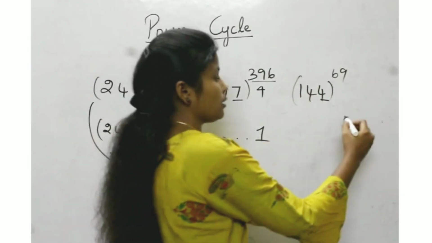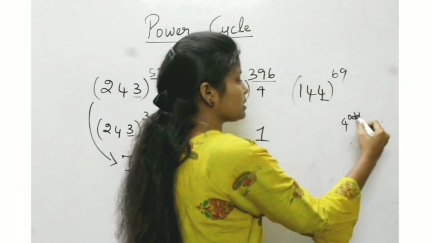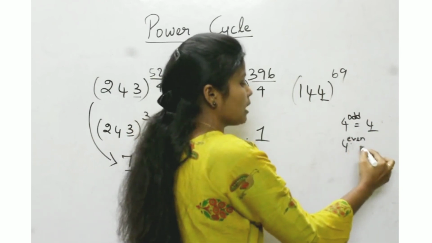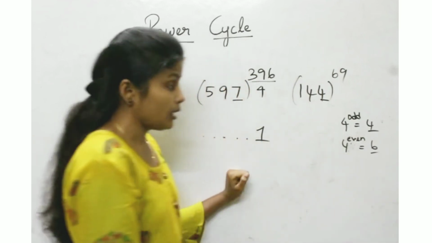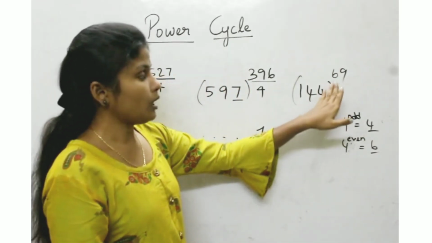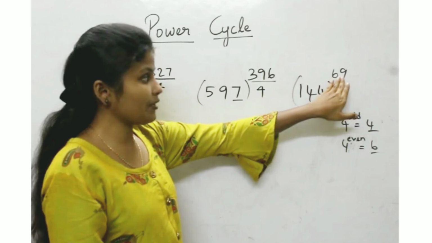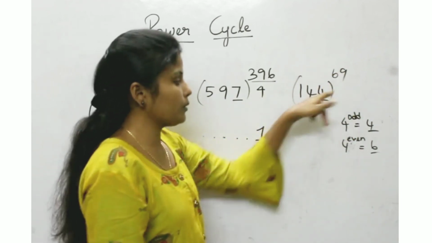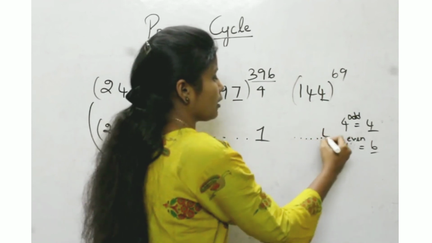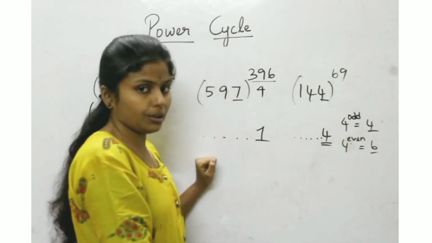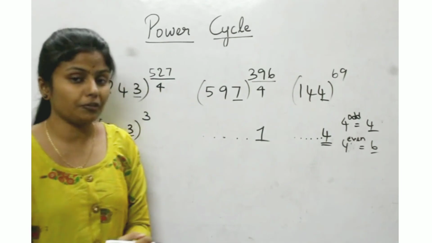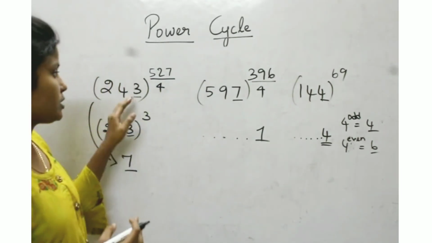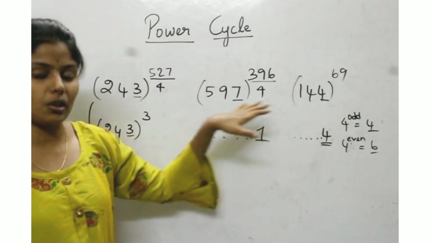Let's quickly complete the third question also, wherein the unit digit of the given number is 4. We know that 4 to the odd powers will have 4 as the unit digit, and 4 to the even powers will have 6 as the unit digit. Now if you look at the number in the power carefully, it's given as 69, and 69 is an odd number. So 4 to the odd power will have 4 as the unit digit. So this is how you will have to find the unit digit of an expression, provided you only concentrate on the unit digits of the given number.